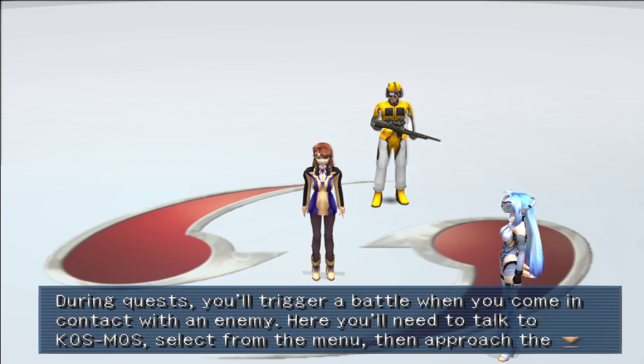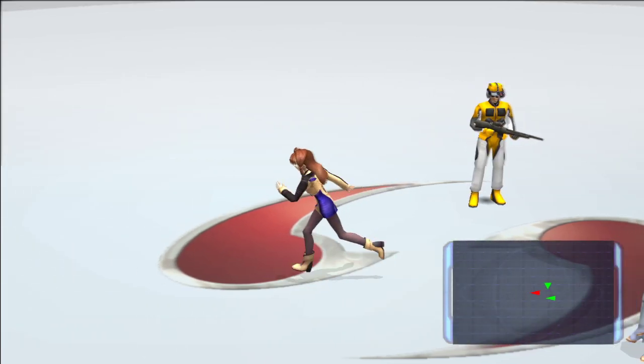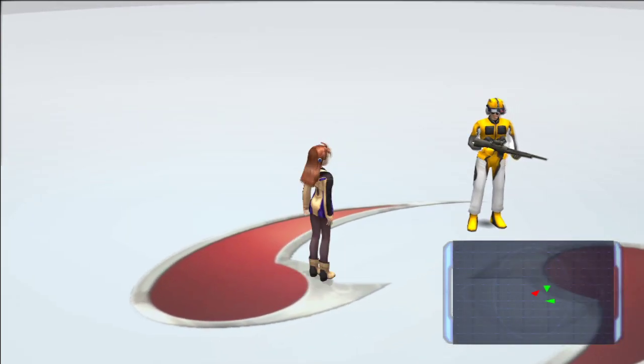So this is just a short tutorial bit, that's all this is. During a quest you will trigger a battle when you come in contact with an enemy. Here you need to talk to KOS-MOS and select from the menu. This is just the battle tutorial, I'm not really going to ramble on too much here. This is actually probably a good thing, because